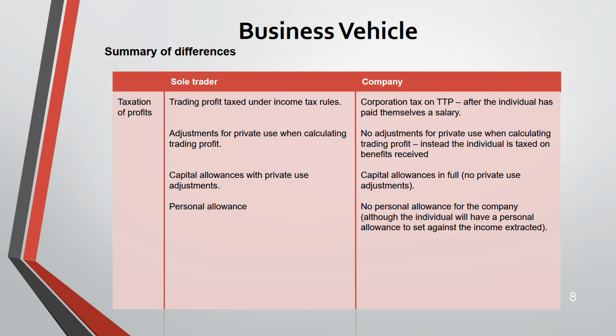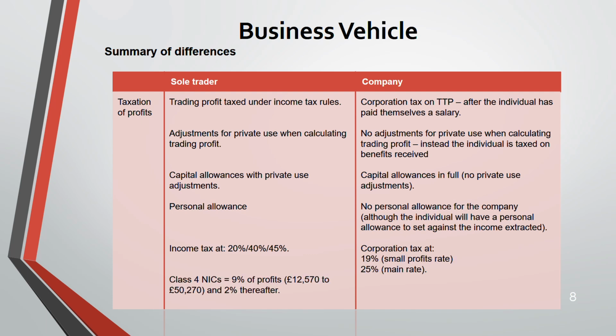But remember, an individual will have a personal allowance to set against the income that they have extracted from the company. On that income, they can get personal allowance. Now, income tax at 20, 40, 45%. Company, corporation tax at 19% small profit rate, 25% main rate. Now,